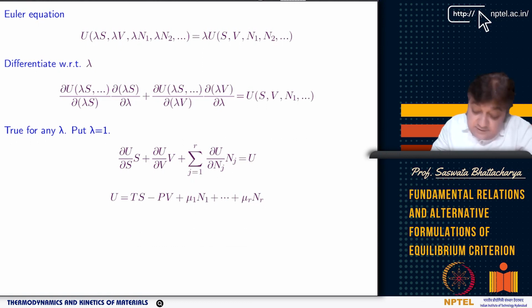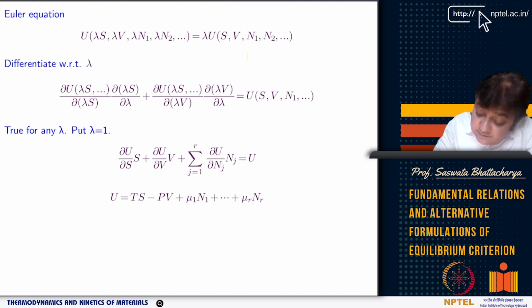I'll start with this Euler equation again. As you can see here, U, which is the internal energy, is a function of S, V, N1, N2. So these N1, N2 are the species, component 1, component 2, and these are the mole numbers, right? N1 is the mole number of component 1,